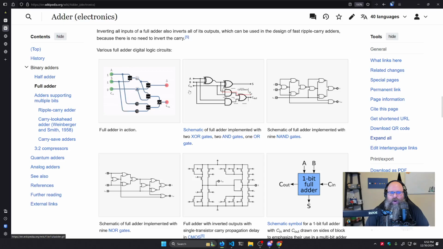Again, we want the output of this to only be set if one but not both of these are set, if that makes sense. But this time there are 3 of them, and so you just need to XOR over 3 values to get the solution. So the 3 XORs of this will give you the solution, and then you just need to do an AND of these 2 and an AND of